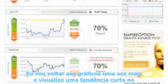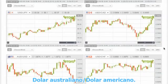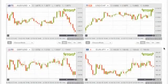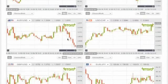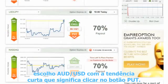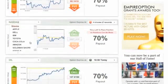I go back to the graphs once more and witness a bearish trend in the last few minutes for the Australian dollar, American dollar, so I go back to the platform, choose AUD/USD with a downward trend, meaning put,